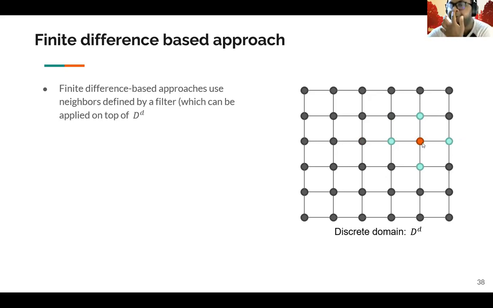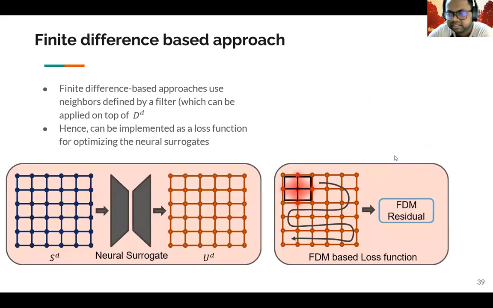Once you define these derivatives, you can now evaluate the PDE strong form, and that strong form will be minimized. What happens is you start with an SD, you get a UD.